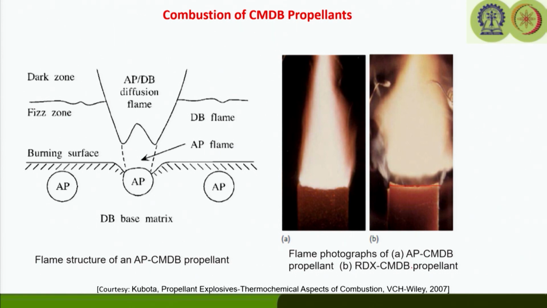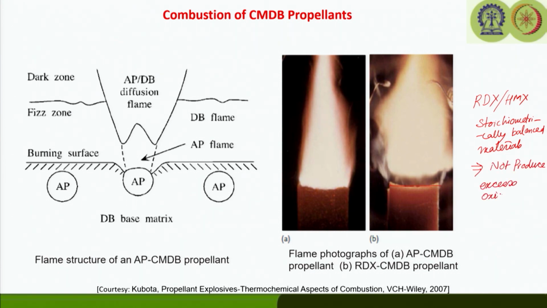Now, in case of RDX CMDB propellant, RDX is basically the nitramine based CMDB propellant. So, here what is happening, since we already said that RDX or HMX, they are stoichiometrically balanced materials, and they will not produce excess oxidizer species or oxidizer fragments. That means that we are not going to expect what we have seen for the AP propellant